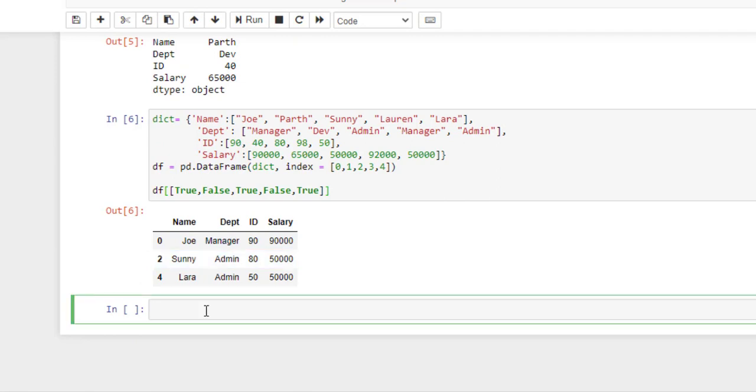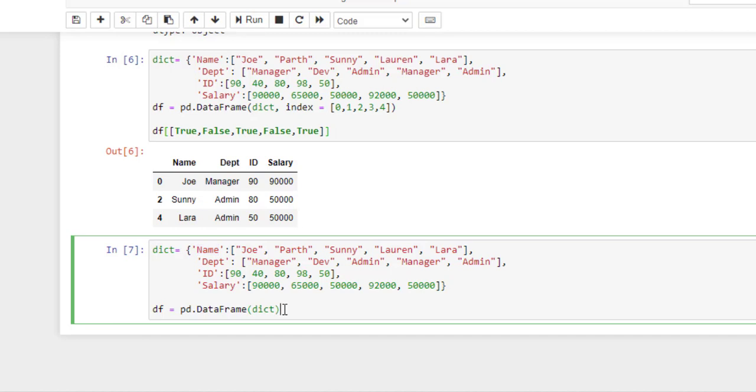Now we will look at the third way, which is masking data based on column values. Through this way, we can filter data based on a column value by applying operators like equals to, greater or less than, and then it returns a series of true or false. Here I am going to create a data frame where columns are name, department, ID and salary.